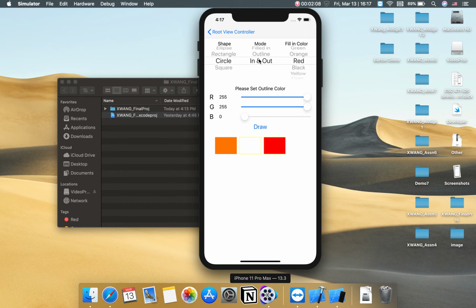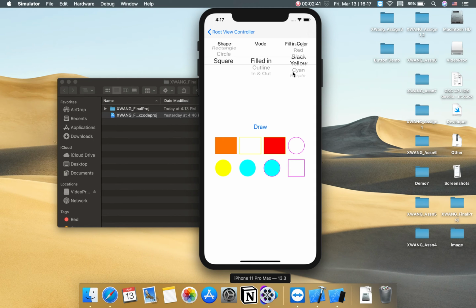And also I can draw circles, only outline. Now this time let's do purple. Okay, and fill in. If I choose fill in, the outline color will disappear. Now I choose in and out. Okay, a square with a purple outside and inside a different color. Okay, and fill in with some other color, black. Okay,